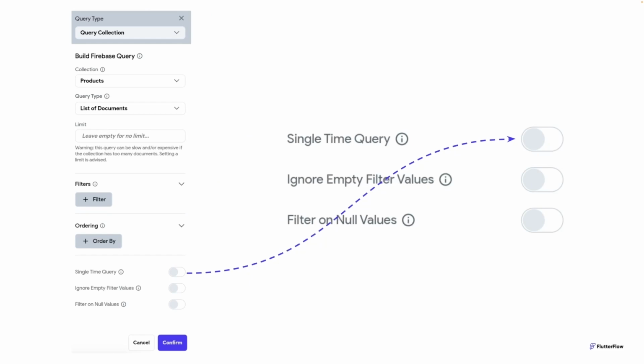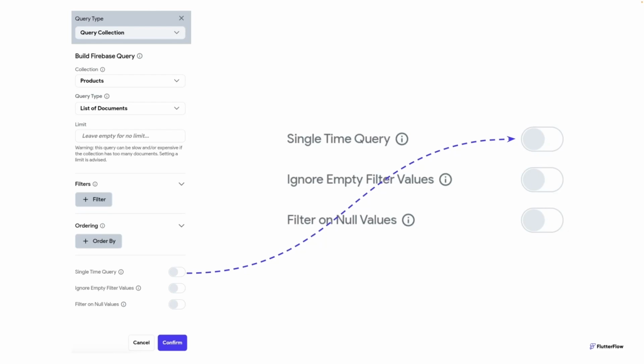It is important to keep in mind that Firestore queries in FlutterFlow are all streams, which means they are real-time. Any change in a collection or document will be reflected on the app for a certain query almost immediately. If you don't want this option, you can check the single time query box to query only once and not refresh on updates. We will see in the generated code that this is going to be reflected as future instead